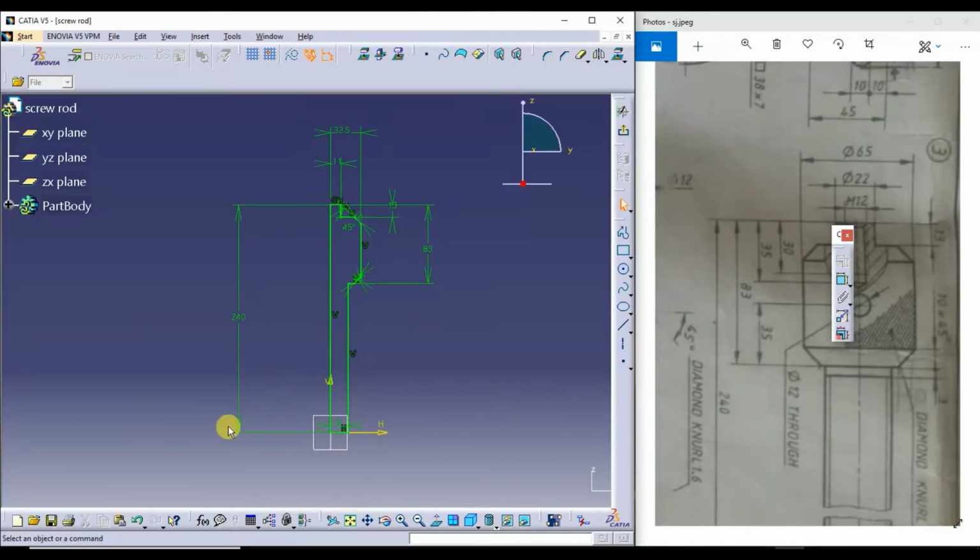This is 19, 240, 83. So 83 this is. Next 13, this is 13 and this is 11. Next this is half of 65, then 32.5. Everything is over. Just I'll exit from the workbench.